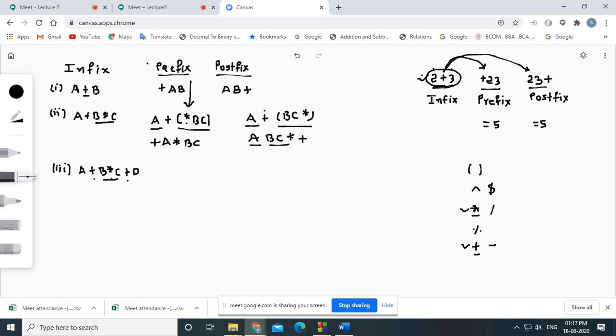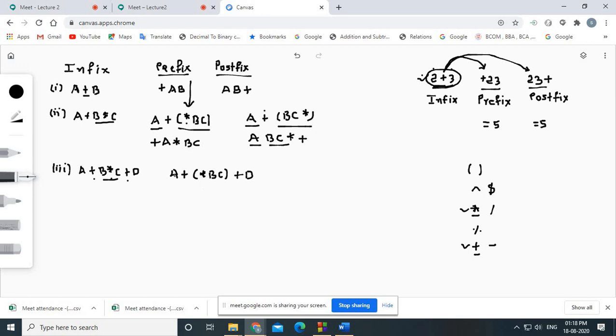So what I will do is, first I am considering the prefix. In the prefix I need to write the operator first. So this will be something like this: A plus, this is a prefix, and B star C, that is the infix. We need to convert it into the prefix. In the prefix, the operator comes first, so I am writing star followed by BC, and the rest of the expression you write down in the same way. Okay, fine. So the first step is completed: B star C is converted into the prefix.